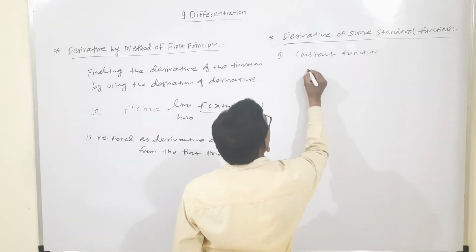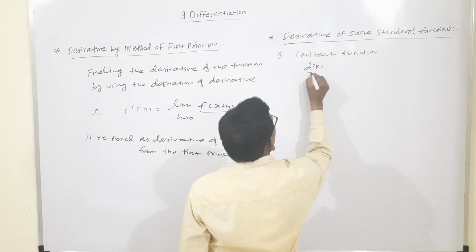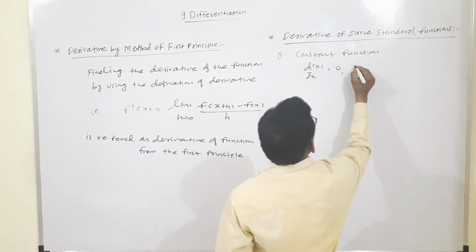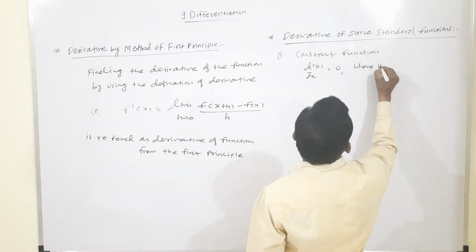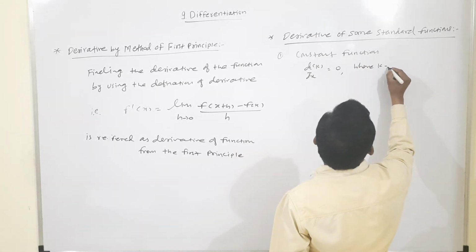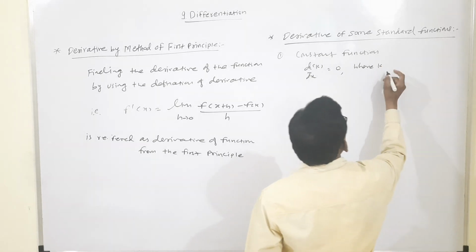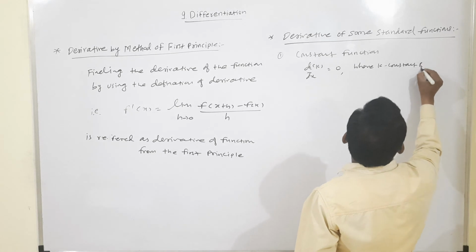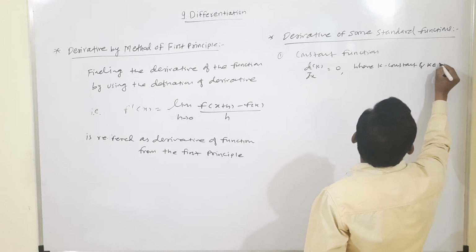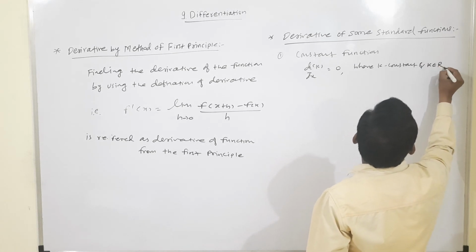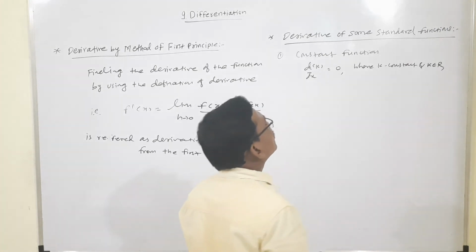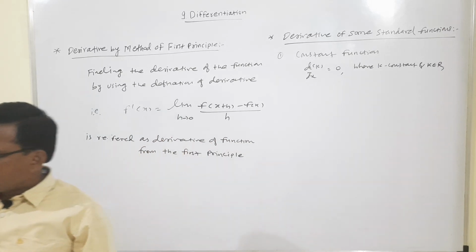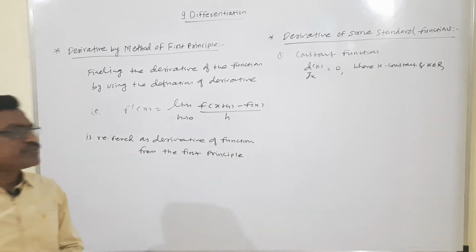The derivative of k with respect to x is equal to 0, where k is a constant, and k belongs to any real number. K is any real number. It is a natural number or real number. K is constant. Therefore,